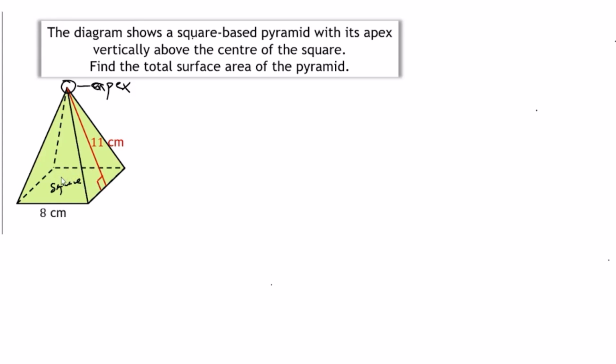And a pyramid with a rectangular base is also called a rectangular base pyramid. And a pyramid with a triangular base is called a triangular pyramid. So a pyramid is named by looking at its base. Now the faces of the pyramid are four triangles, and then the apex is the top point. So typical real life examples of pyramids are the Egyptian pyramids, the one with the square base, and then the tetrahedron, which has a triangular base. Okay, now